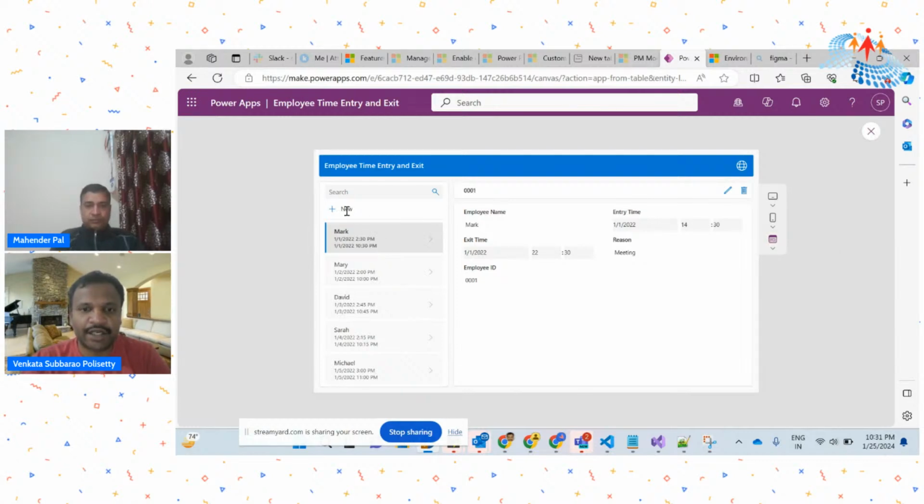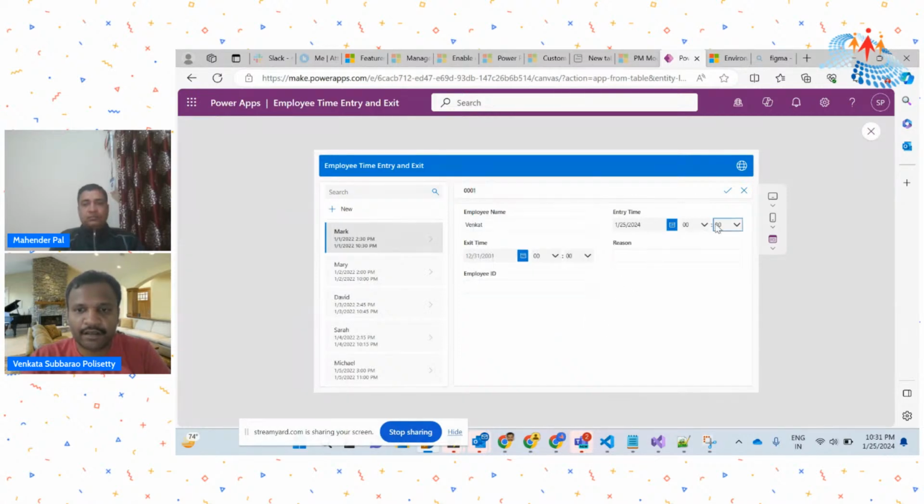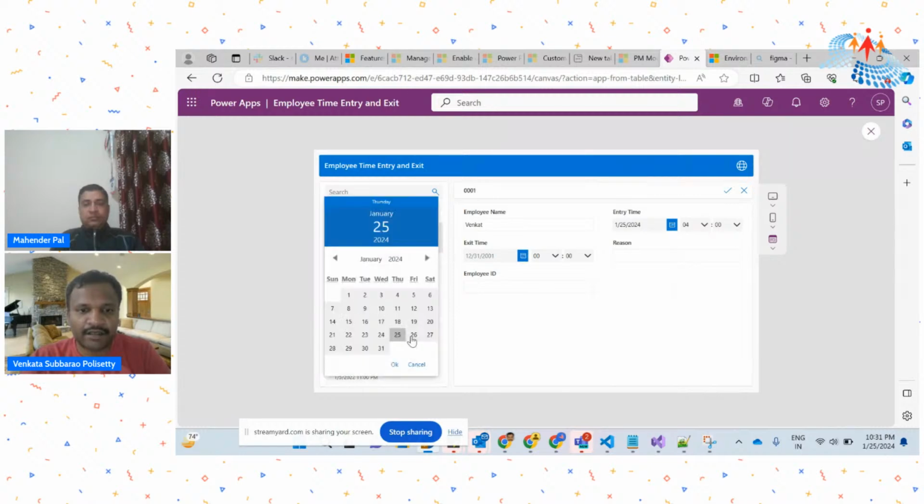I clicked on new, and I am saying Venkat. So the entry date is today. I am just giving some arbitrary dates and giving this entry date 20,